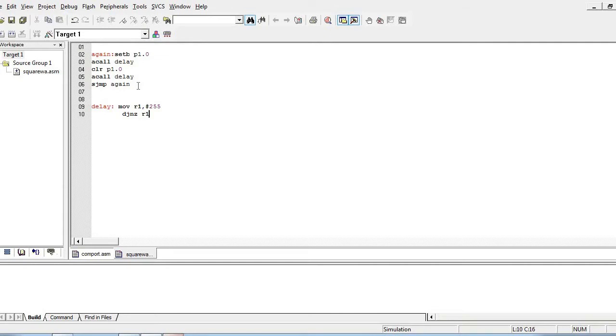That is the JNZ R1, comma, repeat, and that should come here. So always the last instruction of the subroutine, the return, should be written. So now we'll see this.